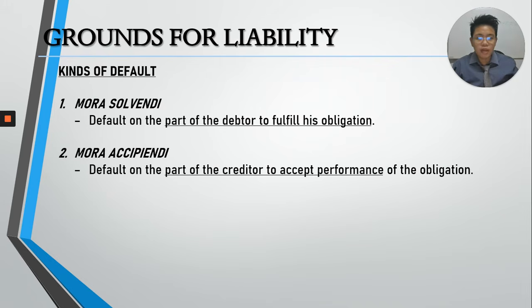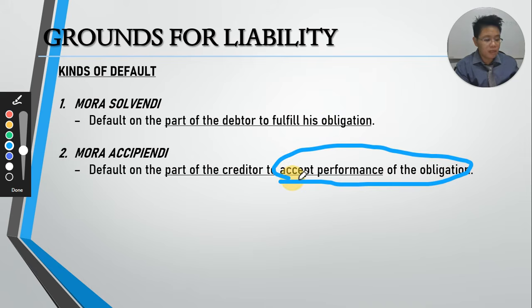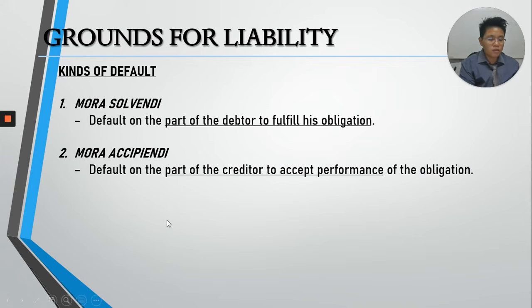Mora accipiendi naman, default on the part of the creditor. Paano naman nagde-default ang creditor? Creditor nga siya. Yes, correct. Pero remember here, the default is due to the failure to accept the performance of the obligation. So, nandiyan na, nagbabayad na ayaw pa niyang tanggapin. So, remember here that the refusal must be unjustifiable. So, doon sa time na the performance or payment can be done, hindi niya tinanggap yung